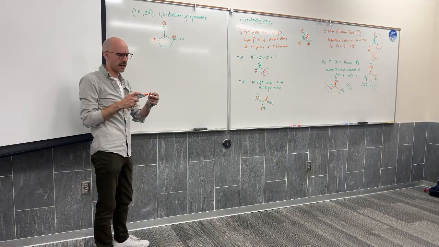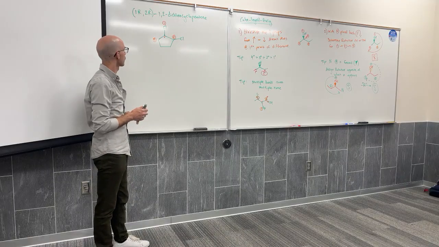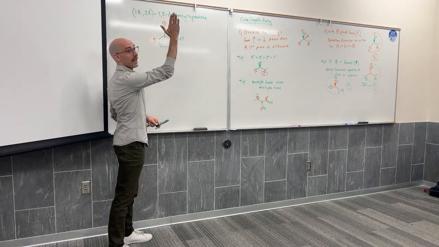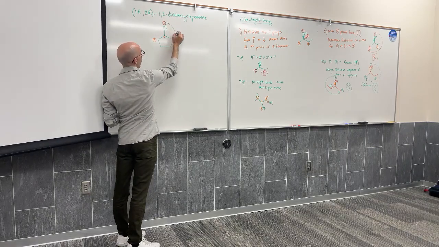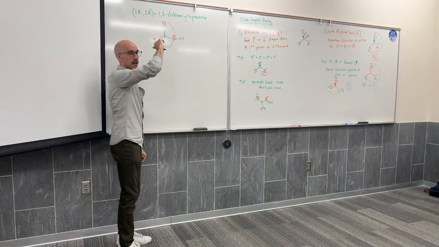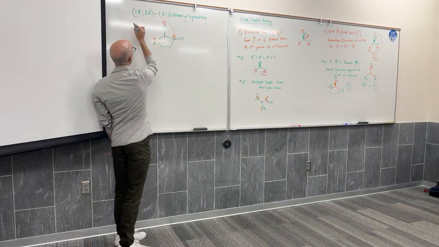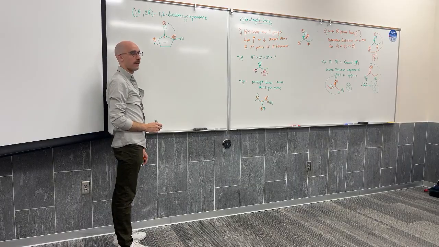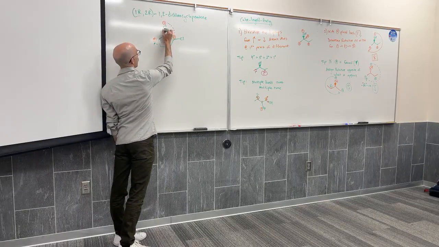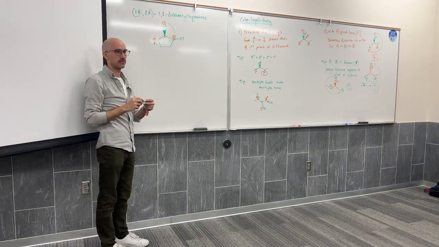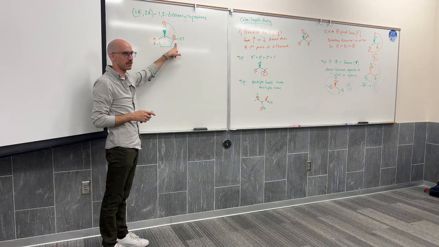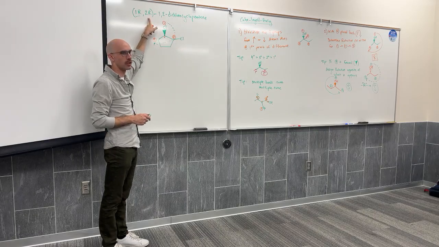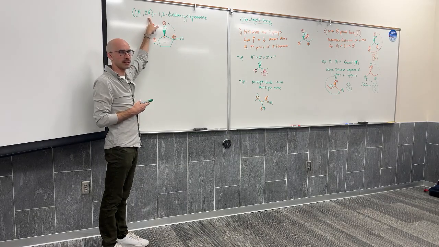We could do this by just a method of guess and check. If my chlorine was wedged, and I'm following rule 2, then my rotation would be 1 to 2 to 3 clockwise, which would give me 1R. So I'm happy with that. I want this to be wedged. And did that have to be position 1? You guys agree that this could have been position 1 as well, right? The nice thing is that position 2 was also R. So that was always going to work out.